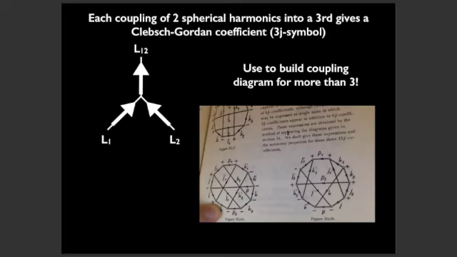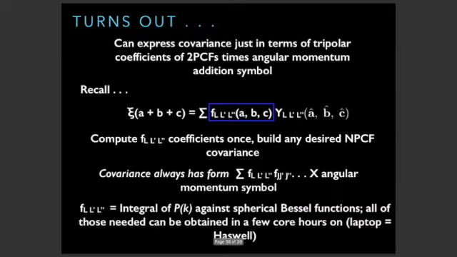It's like, you saw coupling of 2 angular momenta in quantum mechanics as an undergrad and probably wanted to die. This is like, let's do 10. And it turns out it's actually not that hard if you know how to draw these diagrams. This diagram just shows L1 and L2 coupling into L12. And then if you want to couple this L12 into another one of these diagrams, you just need to tie them together and track the signs, and you get things like this. And it basically just gives you amplitudes for these coefficients that you'll get of the covariance matrix.